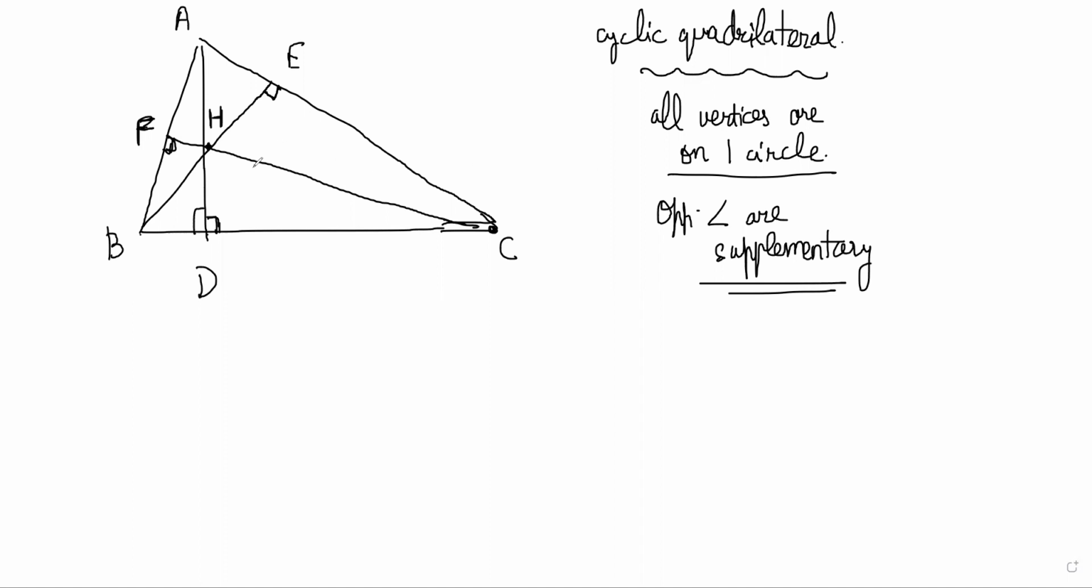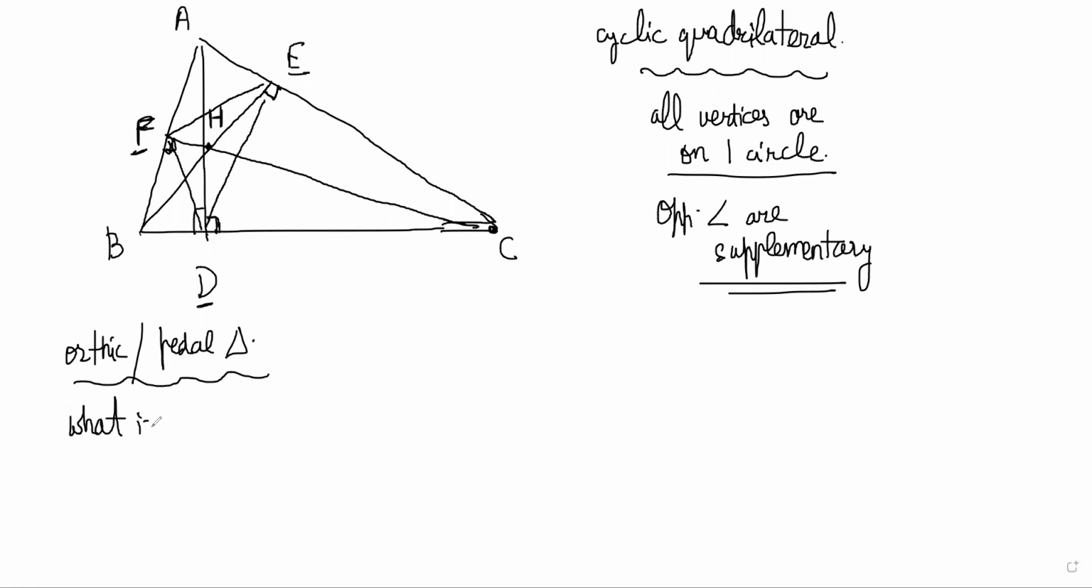So what is the point of that? Because that helps us find out the length of DE, DF, and EF. When you join the 3 feet of the perpendicular, right here, DEF are the feet of the perpendicular. So that triangle is called the orthic triangle or the pedal triangle, right? And if someone asks you what is the length of the side of an orthic triangle,